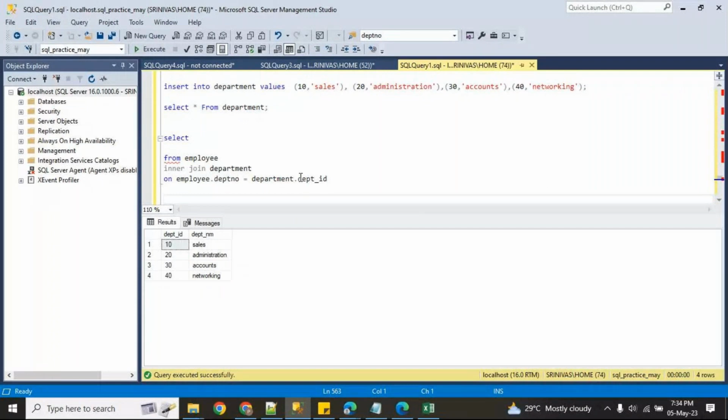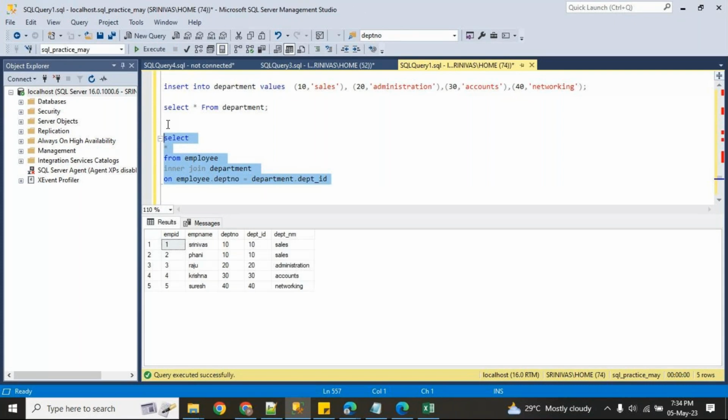Now guys, carefully observe this one, which is very, very important. All of you please concentrate. If I am using star here, observe the output. When I use star, all the columns from the department side you will get.